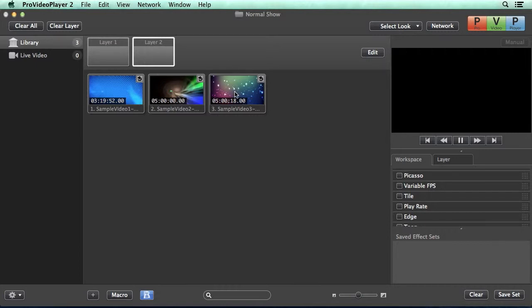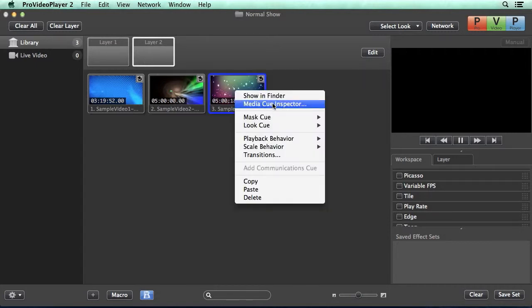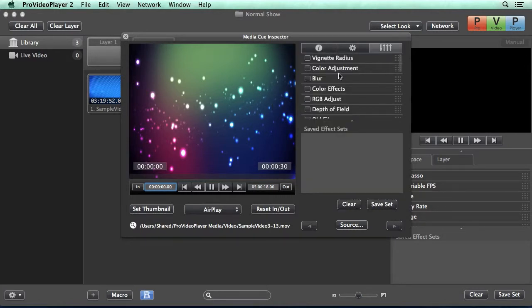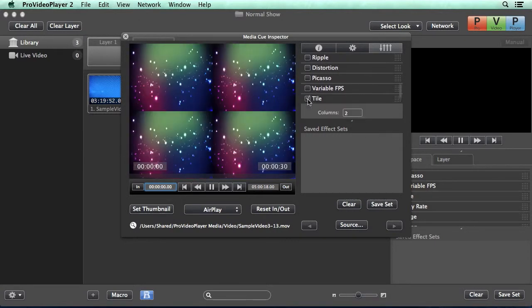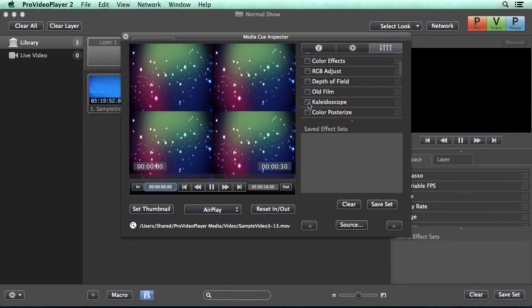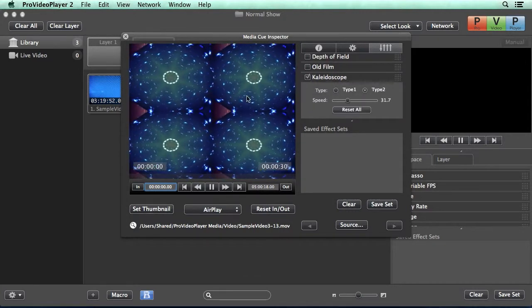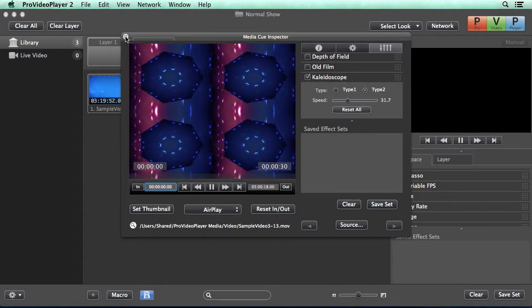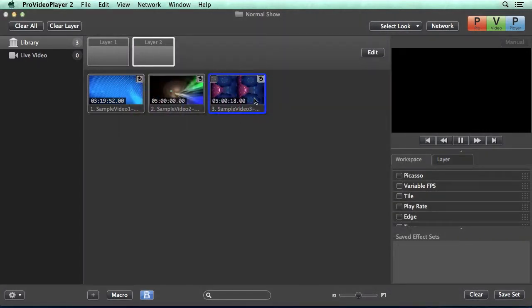So we'll go over here, we'll right click on this clip, and we'll go to Media Queue Inspector. Then in this last tab on the settings, we can see all of our effects. We can go down and apply something like a tile, and we can tile our video, and then maybe we also want to add in a kaleidoscope, and so we can see this kaleidoscope effect is happening in a tiled fashion. So now we can close this out, and you can see now every time we click on this